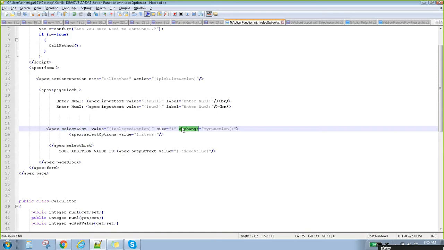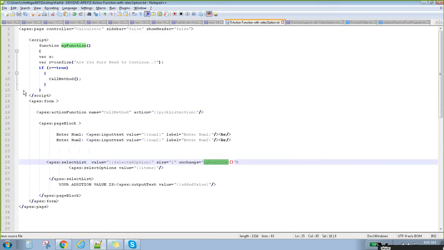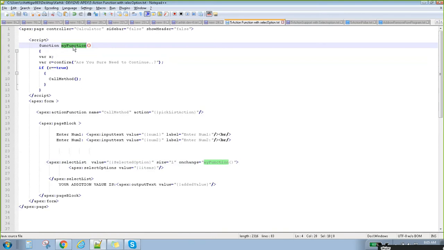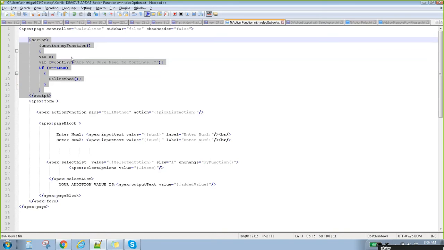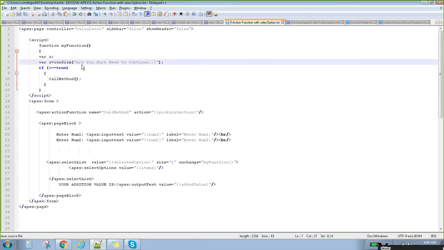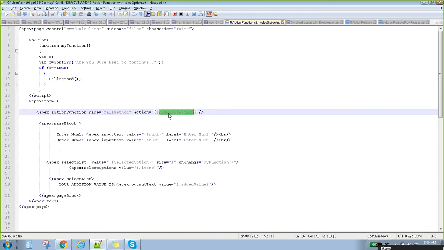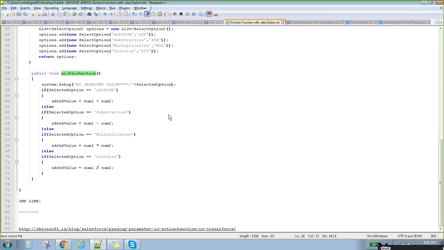On change of this particular thing, we are calling some JavaScript method, myFunction, which is a JavaScript function here. I am writing some business logic here. If the validation passes, I am calling the controller method here. See here, call method is calling the action function. Action function will call this particular pick list action method. You got it?